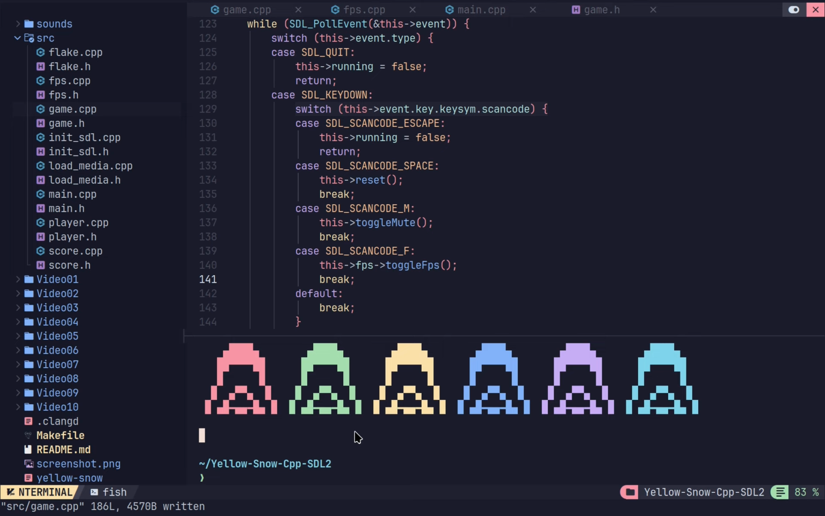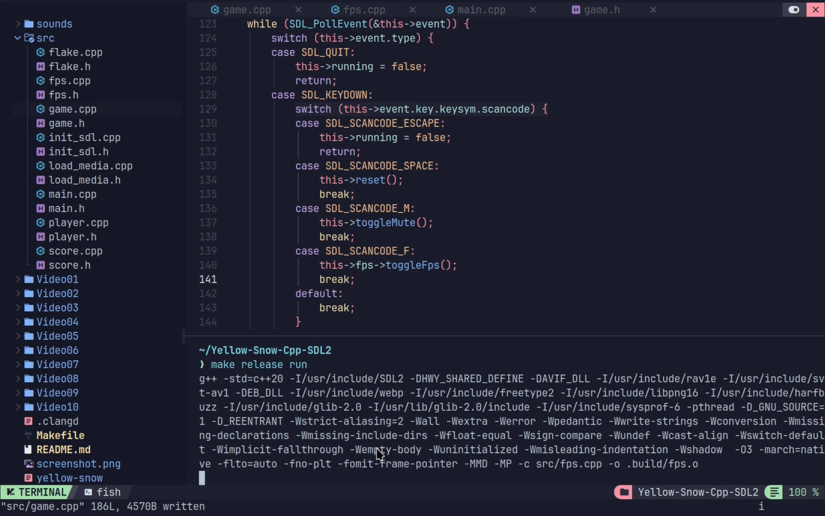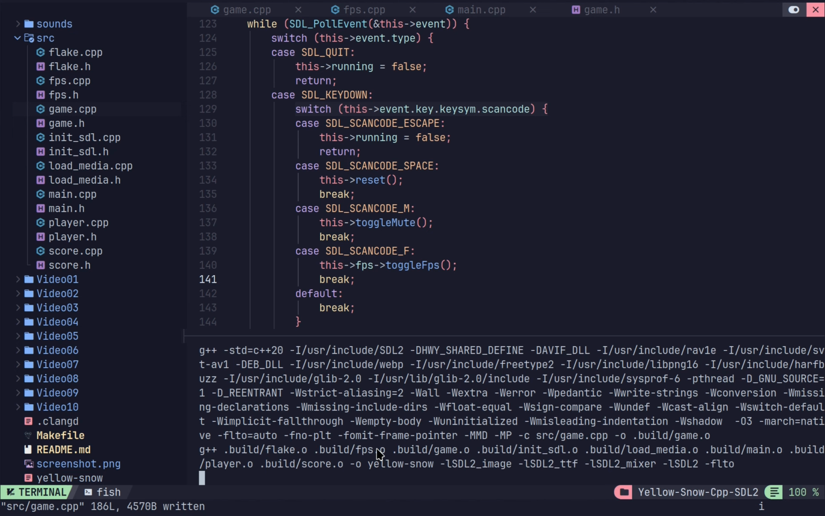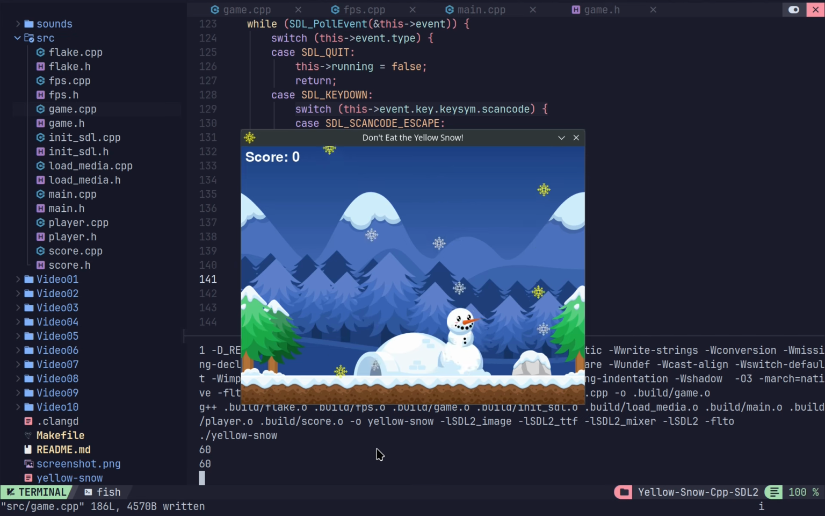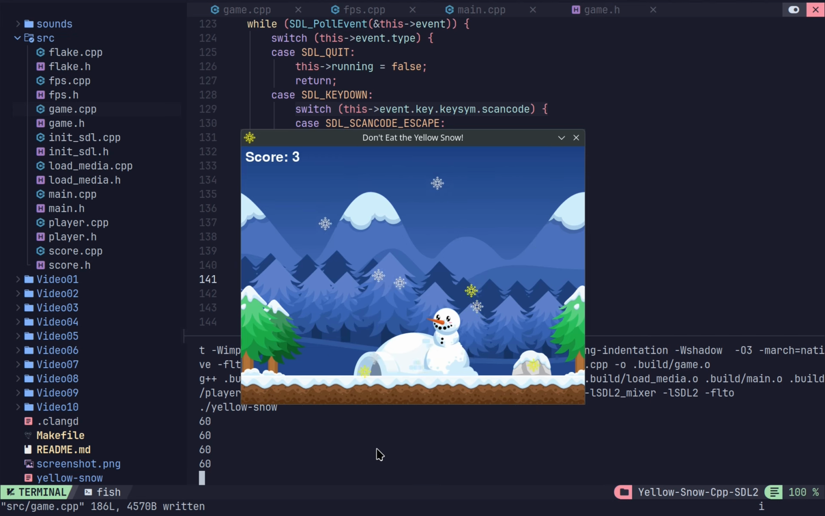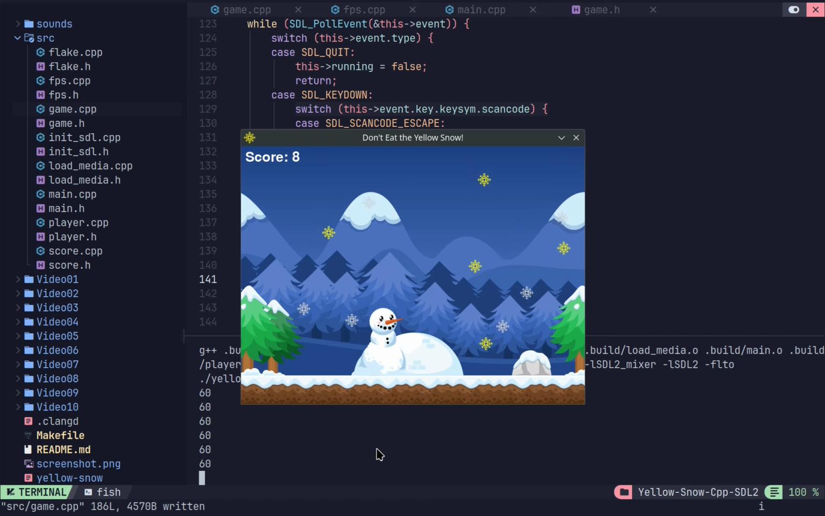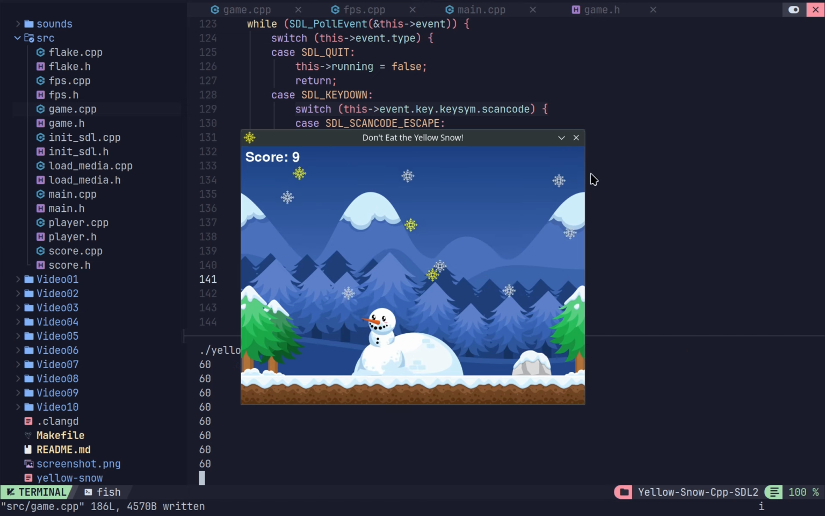Every time we turn it on, remember we're resetting it and grabbing a new timestamp. We turn it off, we're just disabling it. Even though the method gets called, no logic happens. Okay, so I'm going to press F and we're getting 60. Okay. Now the problem is we're still tied